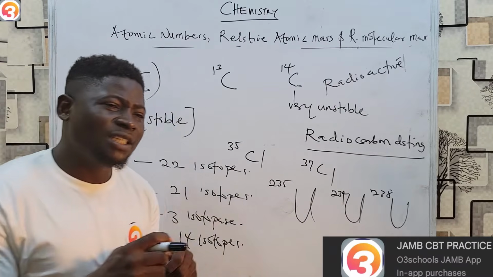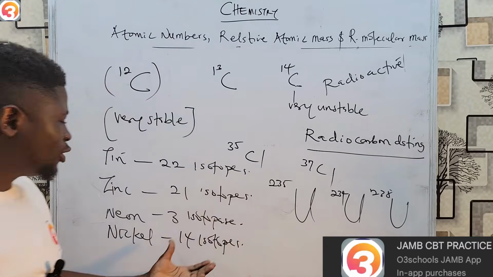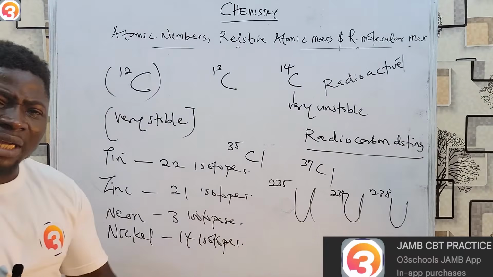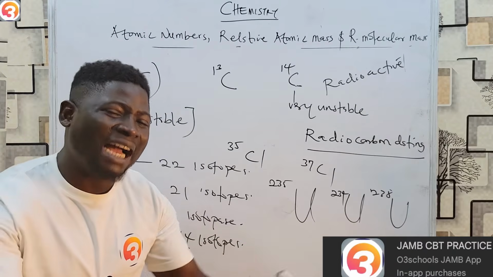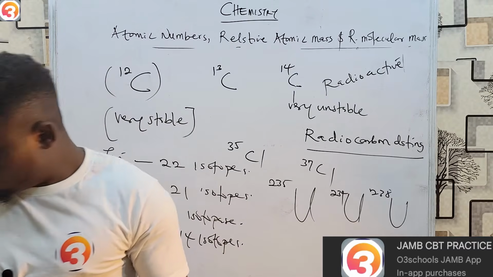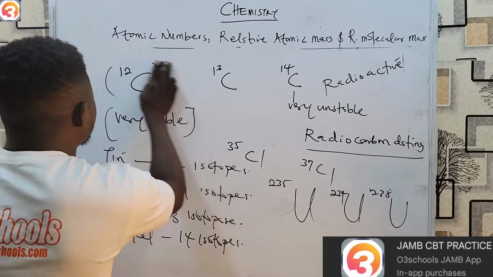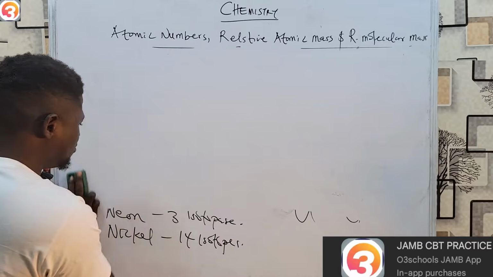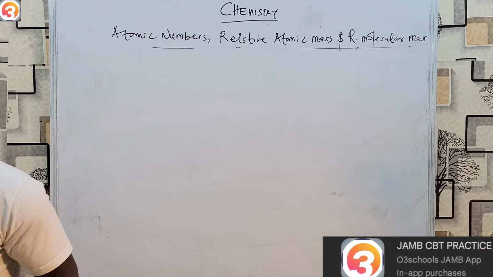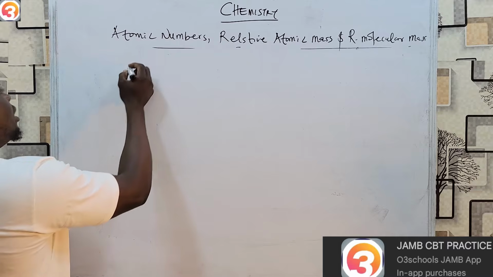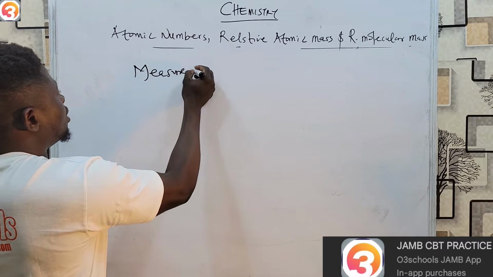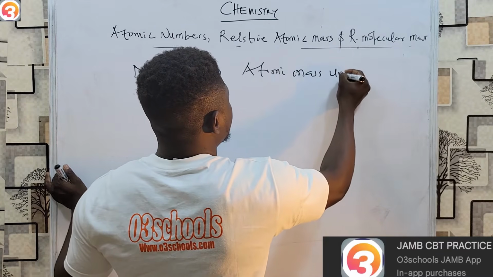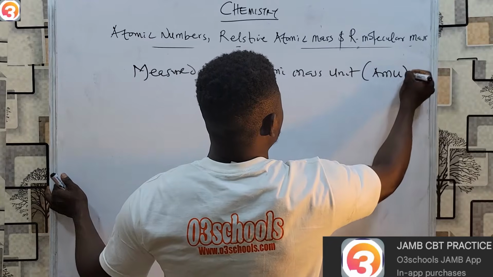of an element is the average mass of the isotopes of that element, because they have different abundances. So for you to get the final mass, you need to get the average mass of the isotopes, right? Another important thing you need to note here is that relative atomic mass is measured in atomic mass units. It is measured in atomic mass units. That is what the AMU,